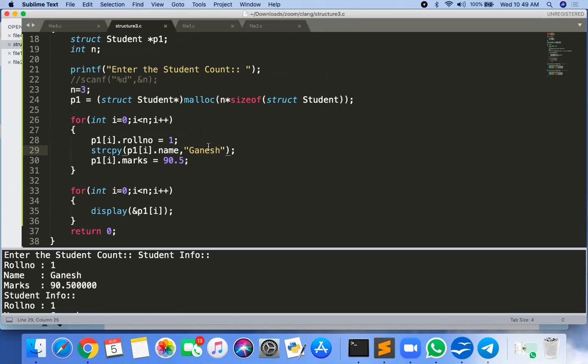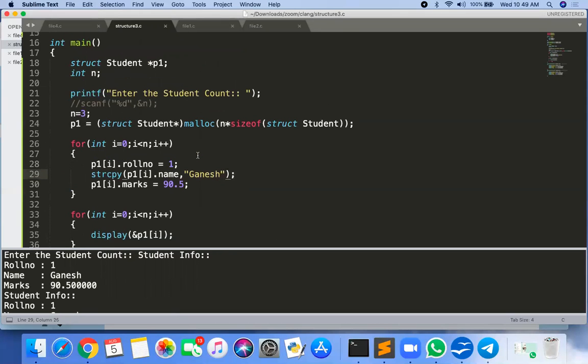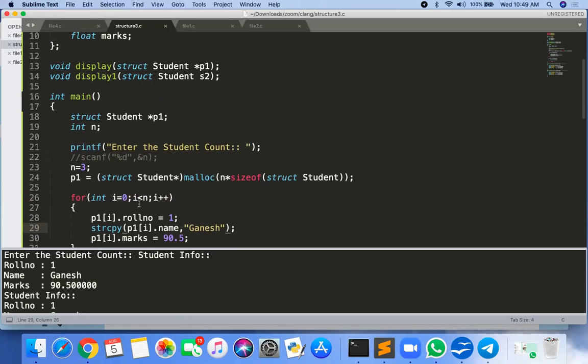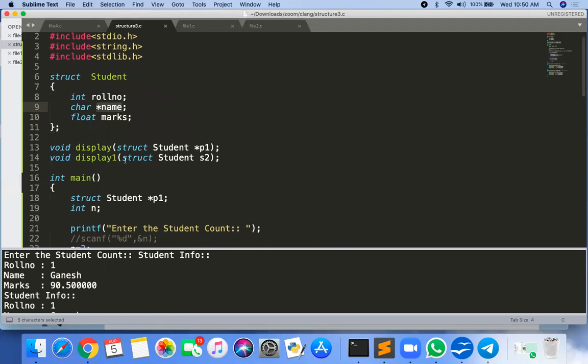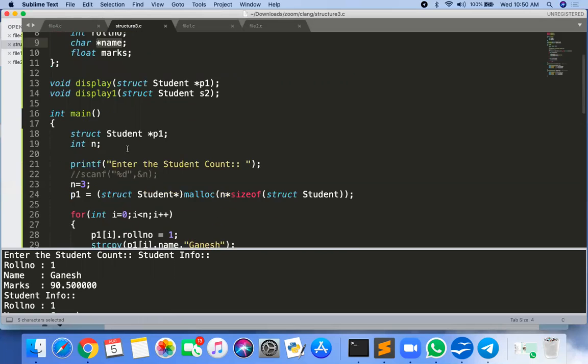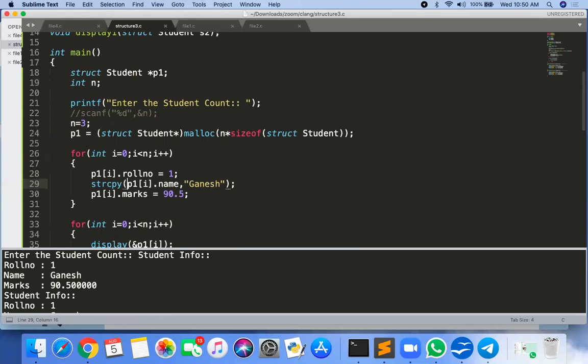A string cannot be given like that, because name is an array. If we define a pointer here instead of an array, then we can do that directly also. It also works if it is not an array.